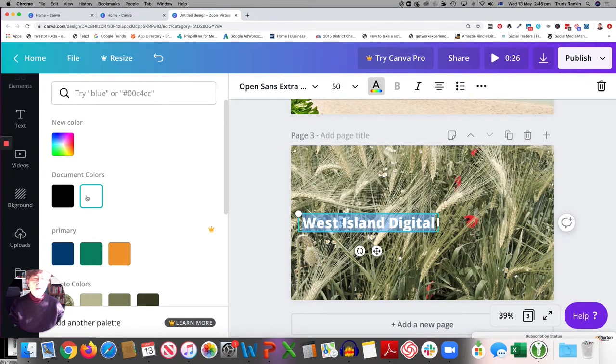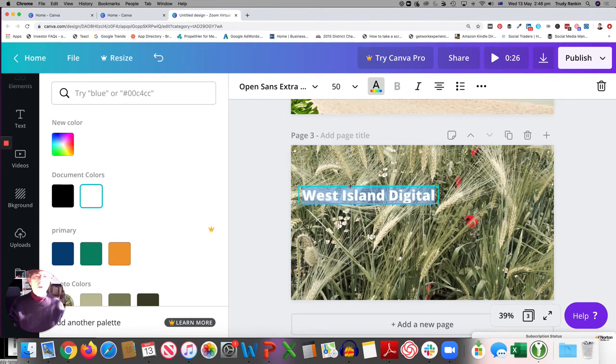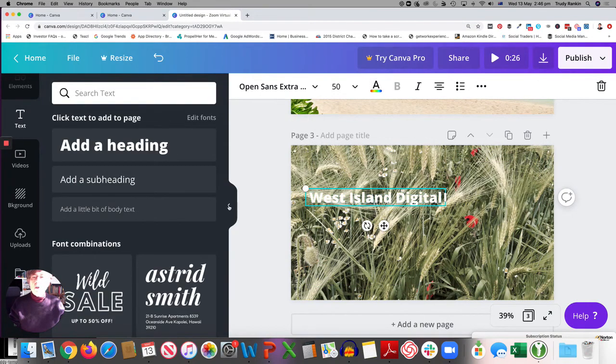And then if I wanted to, I could change the color of the font, which might make it a little bit easier to read. I could do something ghastly like make it orange. I think white works better. It's up to you. Whatever suits your eye and you think looks good. Might move it up just a little bit up here.